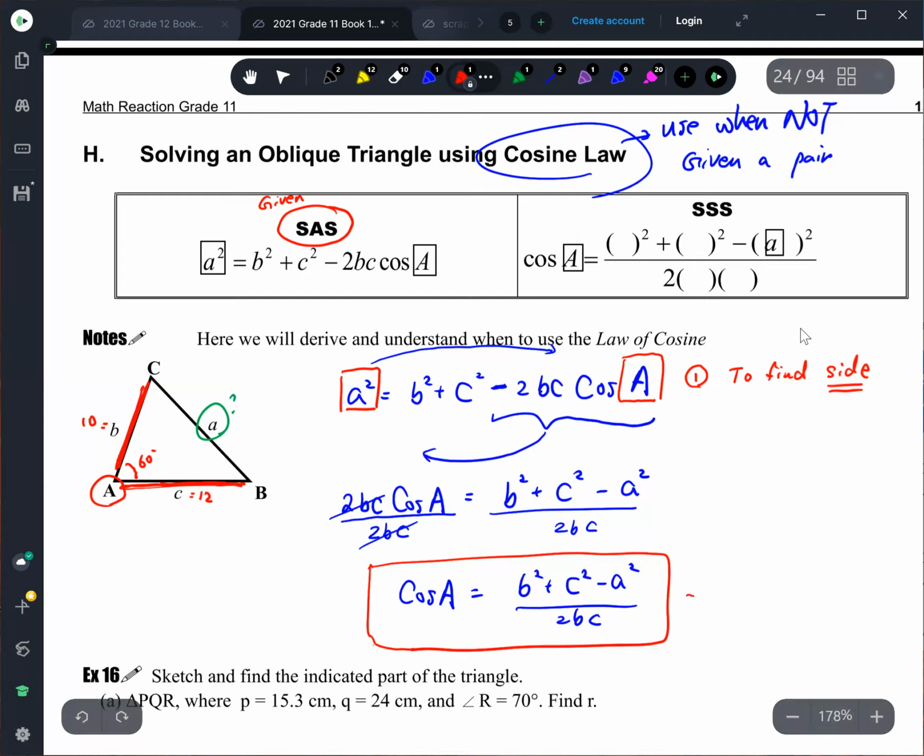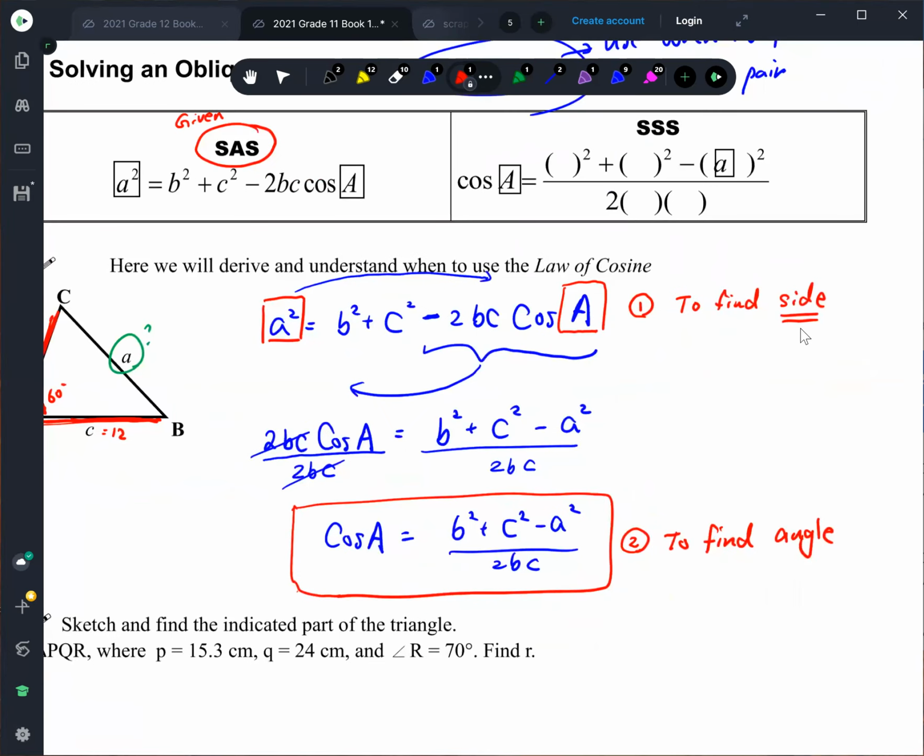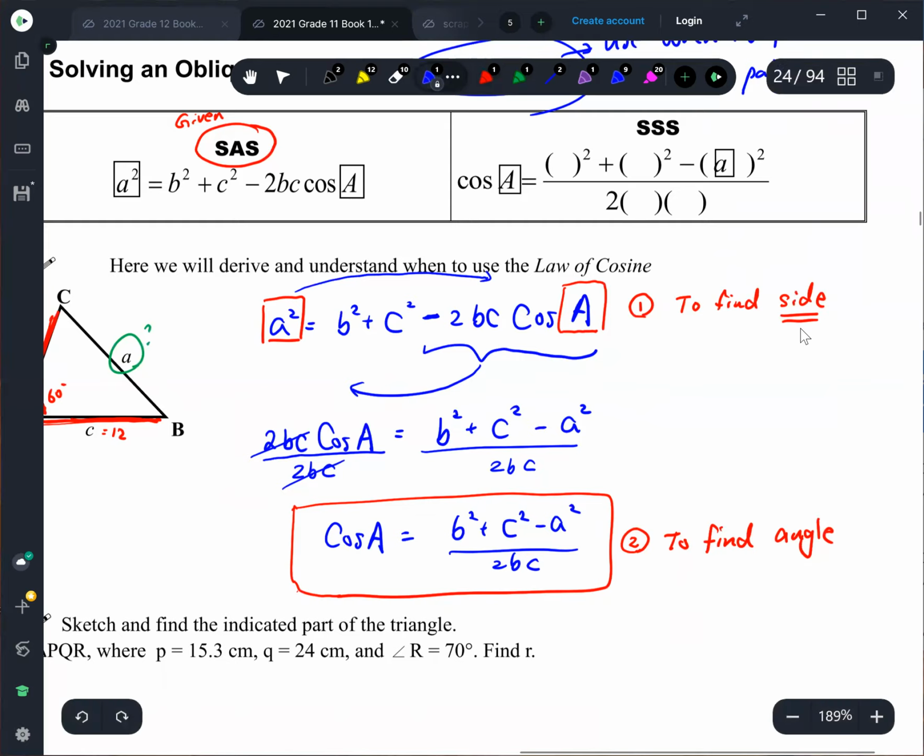And for the second formula, you use it to find the missing angle. If you look at the formula, if you want to use the second one, you need to know everything on the right side of the formula. You need to know sides A, B, C. So for example, they will give you a picture